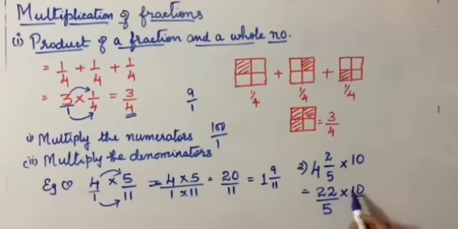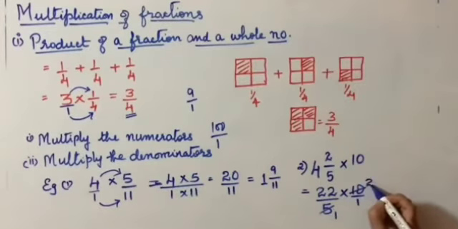But children, listen carefully. You cannot cancel the numerators. Meaning, I cannot cancel 2 5s and 2 11s. No, it's wrong. You can cancel the numerator and denominator of the same fraction, or numerator and denominator of different fractions. But you cannot cancel numerator with numerator or denominator with denominator. Please bear this in mind. Okay, now here 5 ones are 5, 5 twos are 10. Clear?